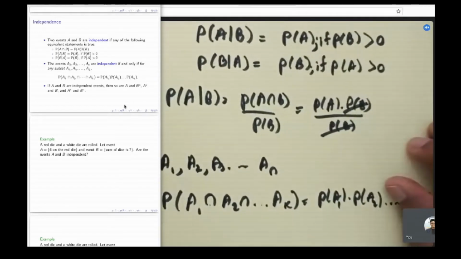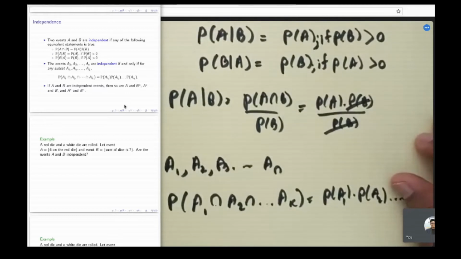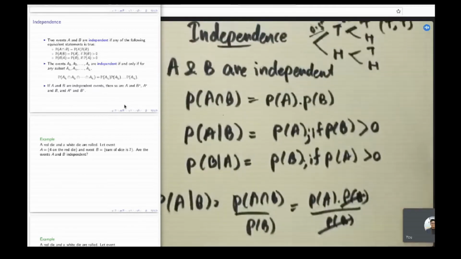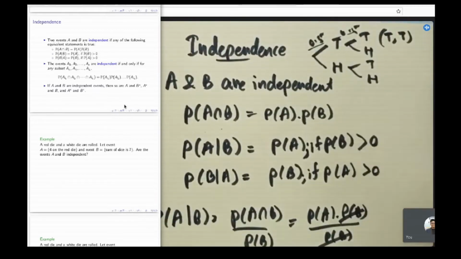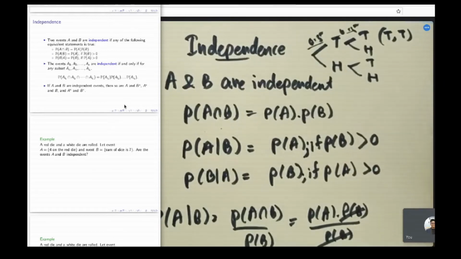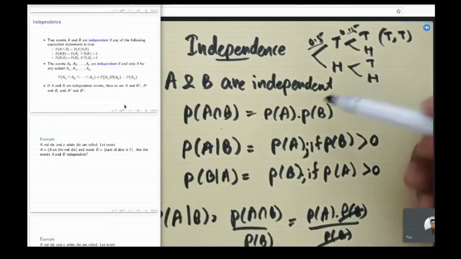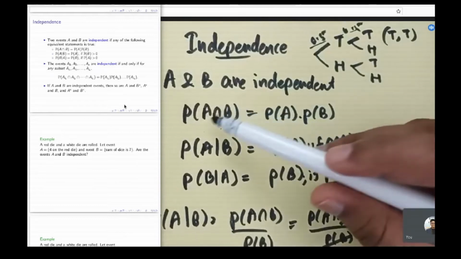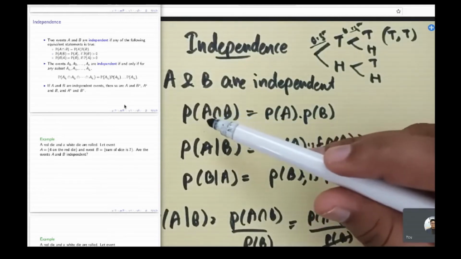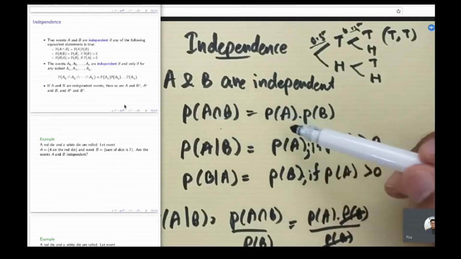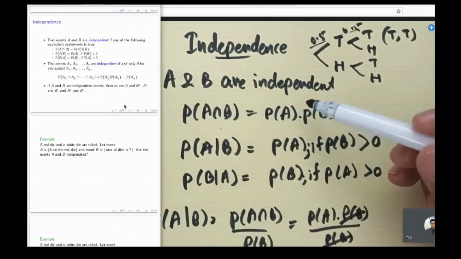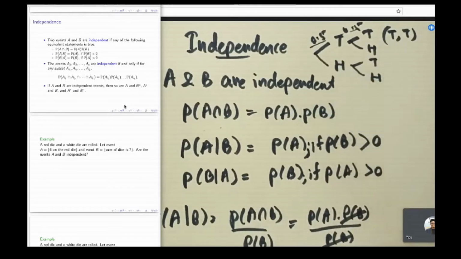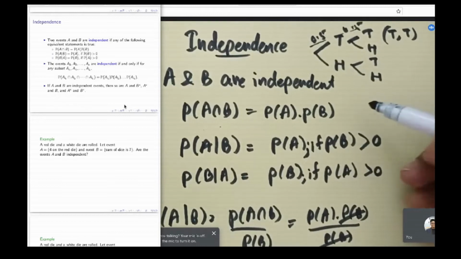This is where we ended up last week. We talked about independence and how independence is estimated. If you have two events A and B, they are considered to be independent if the probability of the A-B intersection can be given as the multiplication of the two probabilities. And this comes from the